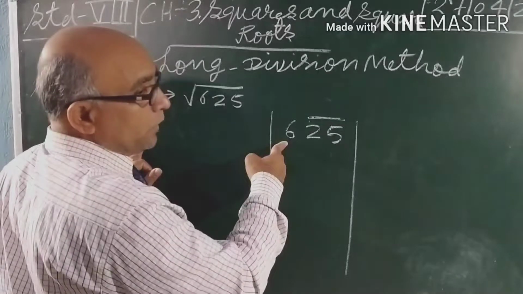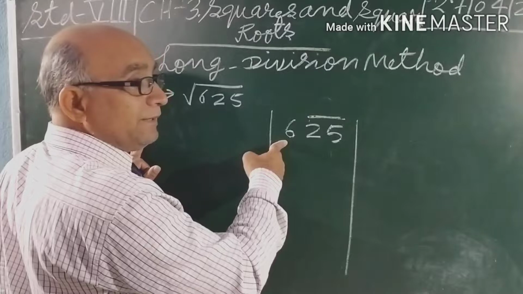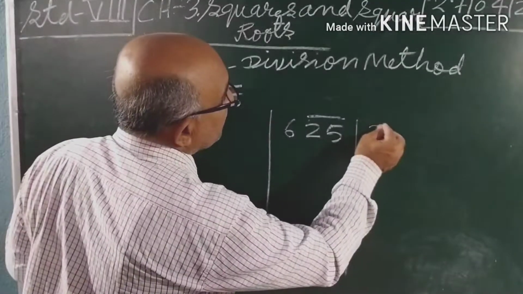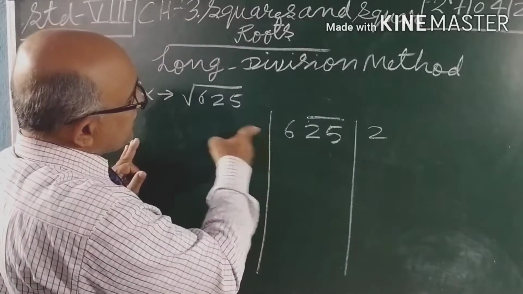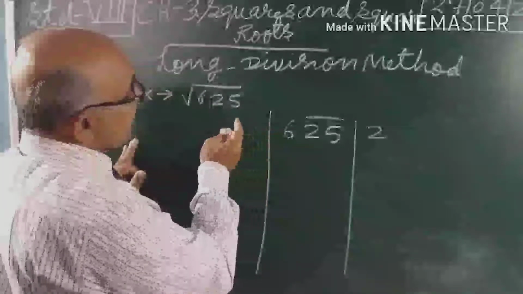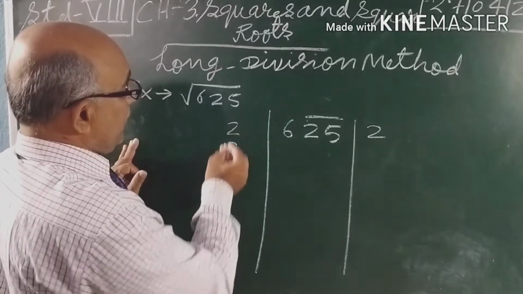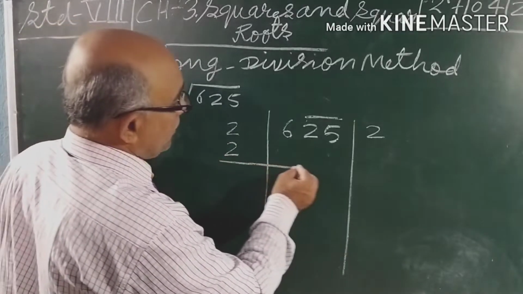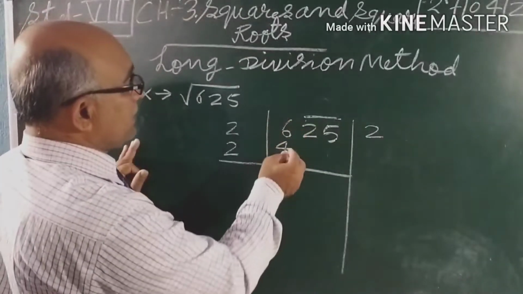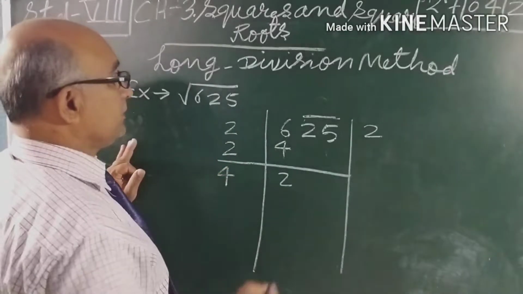So for 6: 1 1 ja 1 is very small, 2 2 ja 4 is small, 3 3 ja 9 is larger. So take 2 2 ja 4. Write 2 here, keeping the same gap, and write 2 below on the dry line. 2 2 ja 4. Now subtract: 6 minus 4 is 2. Here 2 plus 2 is 4.